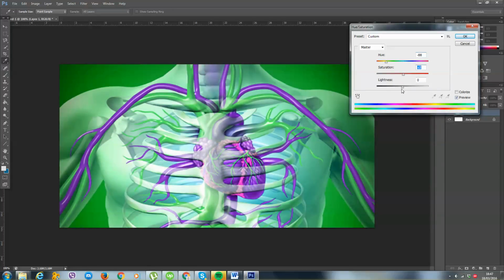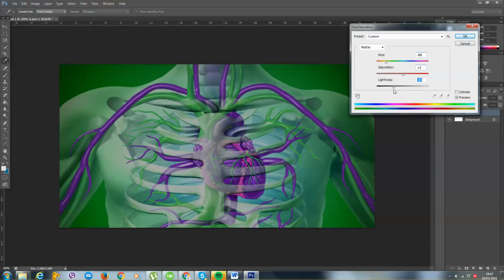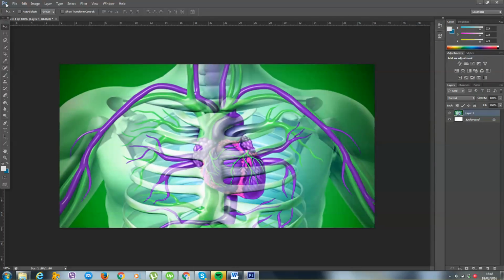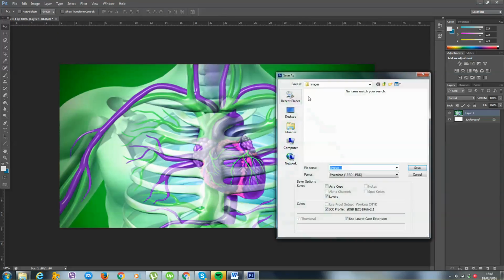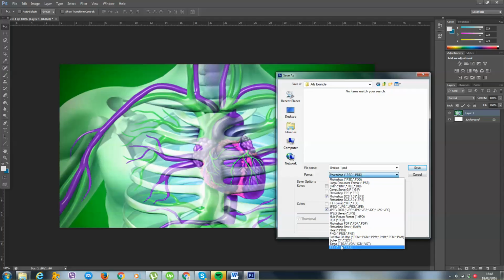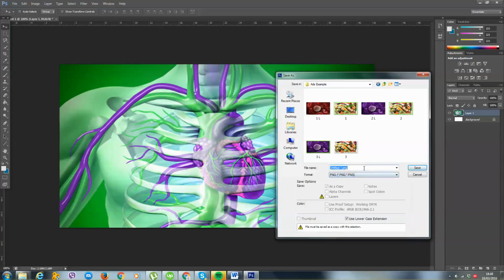So I'm just going to leave that there. Play about with the lightness, and that's it. Now that alone is a variant, so I would go and save this somewhere. Let me just go on ads, okay, and I will save this as